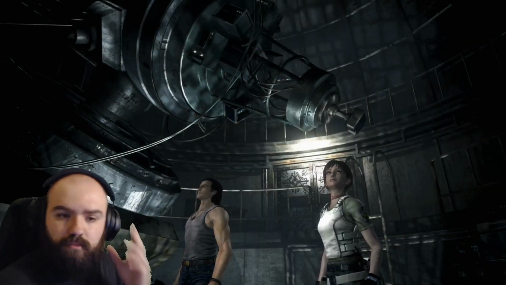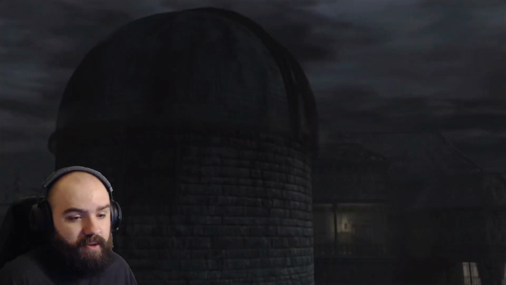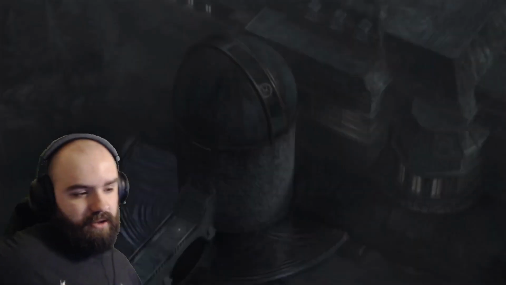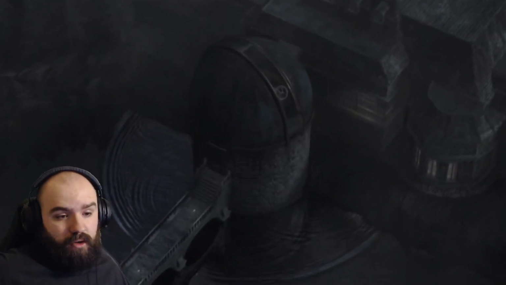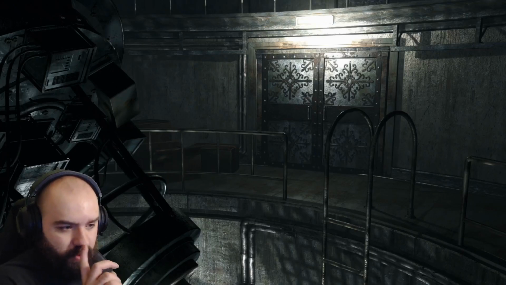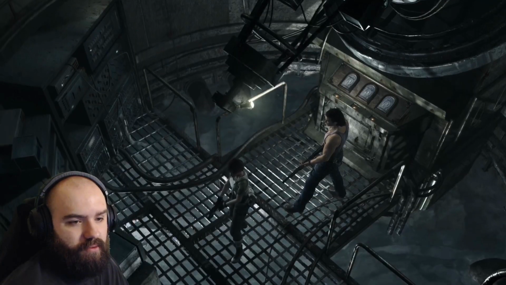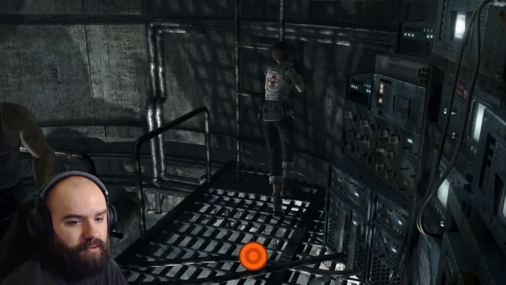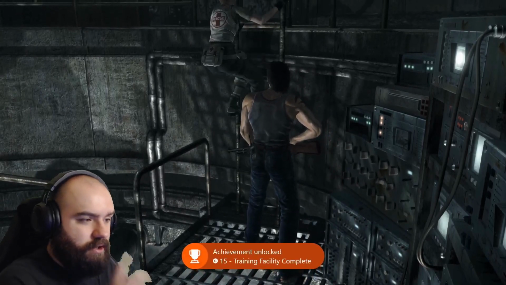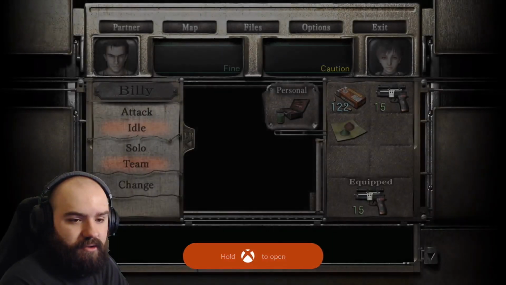How's that? What did that do? Open up the observatory, baby! Science! Oh no, ooh! It didn't open it up, but it shrunk it down, and now we can open the door because there was that outside area. Oh, that's cool. That's very interesting. Training facility complete. On to the next area. Does that mean...